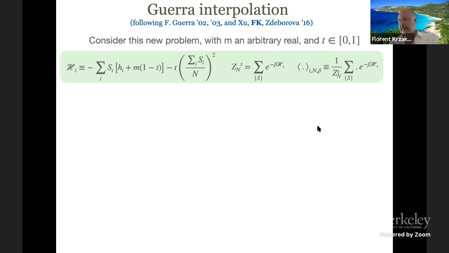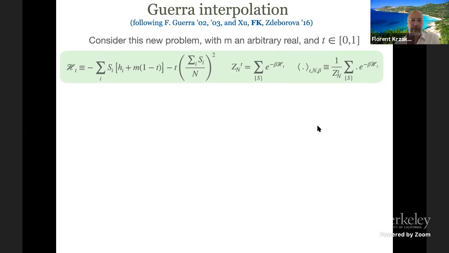All right, let's see how we can prove this. Interestingly, you can do it rather shortly, and the techniques are the same ones that can be used for more interesting and more complicated problems. So the standard technique to prove this formula is called Guerra interpolation. It's due to Francesco Guerra, at the origin, in the early 2000s. And in fact, the way to do it for exactly this problem here is something we worked out with Jiaming Xu and Lenka Zdeborova during our visit at the Simons Institute in Berkeley 4 years ago. This is where I started to be interested in this problem. And so it's kind of nice to be back, even virtually, 4 years later and to discuss it.